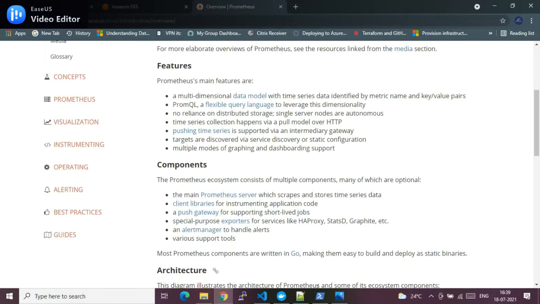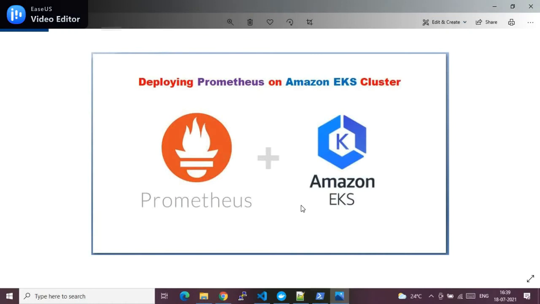In my previous video, I showed you how from scratch we can create an EKS cluster and how we can host an application in that EKS cluster. All these are nothing but creating and publishing your infrastructure and application in the Kubernetes service. But think about a case where you want a monitoring system which monitors your Elastic Kubernetes workloads. In that case, this tool comes very handy, and enterprises are now using this tool to monitor their Kubernetes workloads.